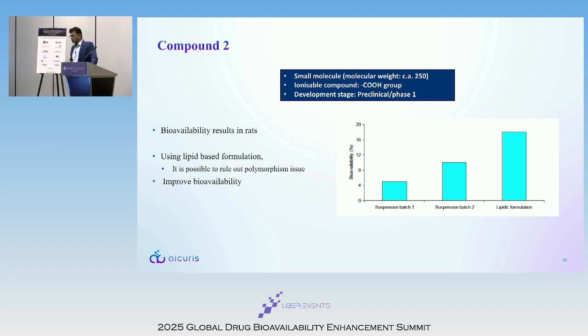Another case study: this molecule was being developed as an anti-diabetic molecule. My colleagues tried to use a simple suspension formulation. Again, at an early stage, the synthetic process is not quite optimized. It's quite common to get different polymorphic forms and different particle sizes, and when you run different PK studies, safety studies, or tox studies, the exposure might be different. So there we simply tried to come up with a lipid-based formulation, and as is evident, using the lipid-based formulation, the PK data in rats showed a significant increase in bioavailability, and using this approach, it was possible to go to the next level of the preclinical studies.